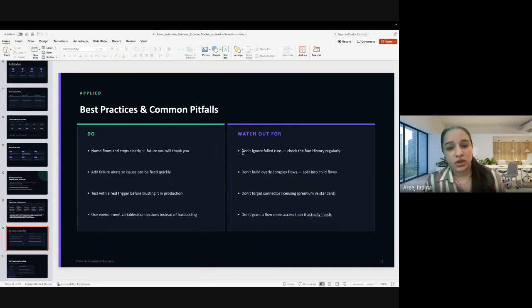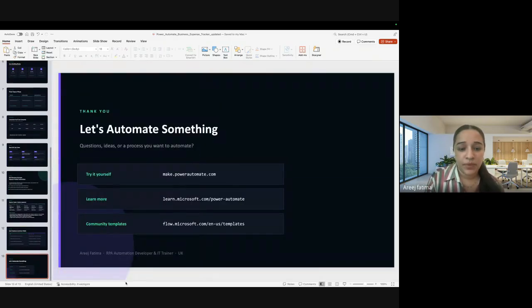It depends on us which type of logic we are going to create and how we are going to develop that flow. Even in Python and other programming languages, we develop our own logic. Same in Power Automate. We are aware of the scenario and the case study, and then we make the logic on our own, like how I need to develop this complete scenario. For Power Automate, we also need to buy some type of licensing, so you need to be careful about this. So let's go to the practical example.